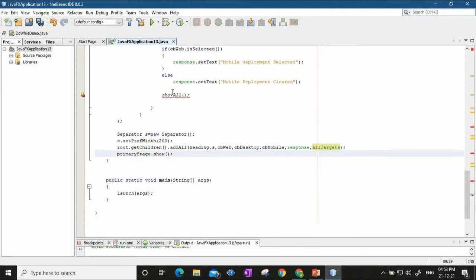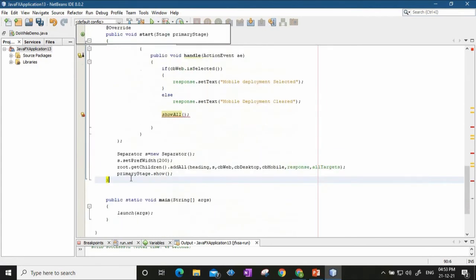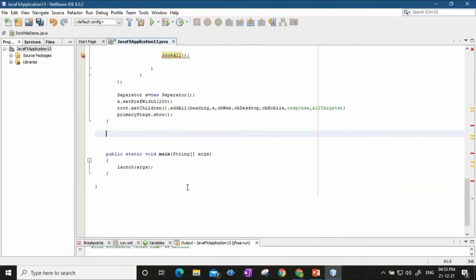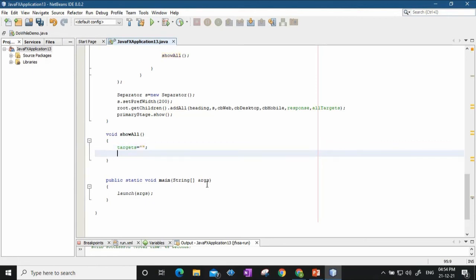Now what is remaining is this show all, because I need to show all the selection. So we will have to define the show all method outside the start method. So I'll just say here void show all. Now what I'm going to write in this, so initially I know that the targets string is null, right?